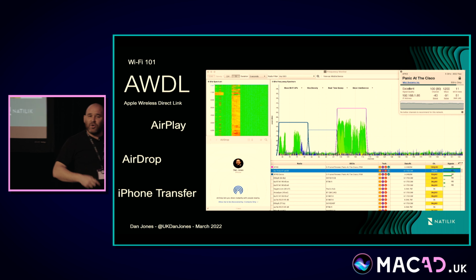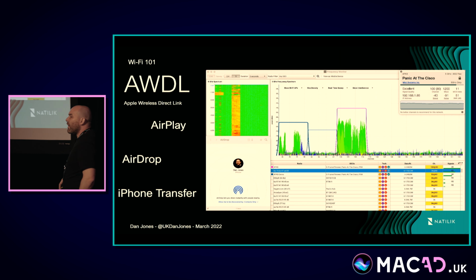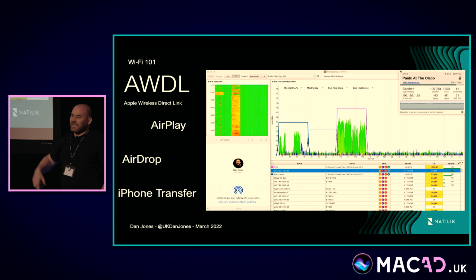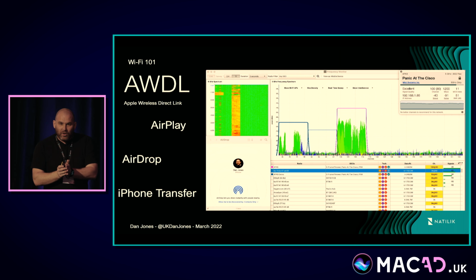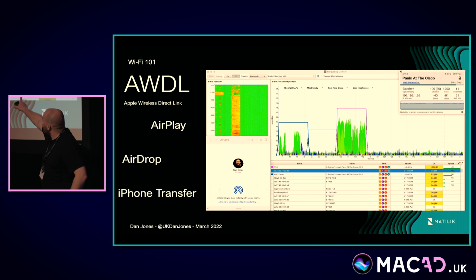And that's really useful because not a lot of things use that. In the UK, though, Apple went, just put it down in Uni 1. And so what we have is actually Apple using channel 44 rather than 36, but at 80 megahertz wide, which is these first 4 channels right to the far left. So you can see there